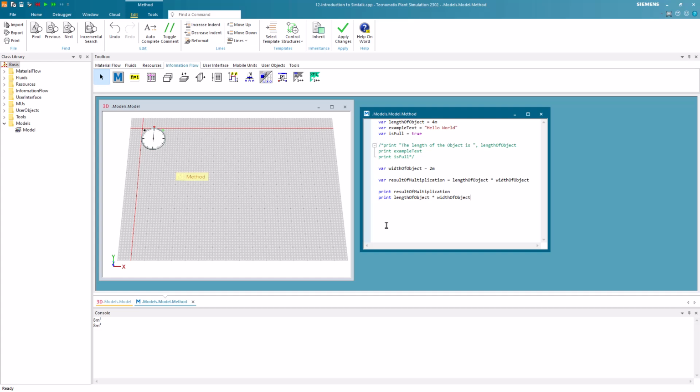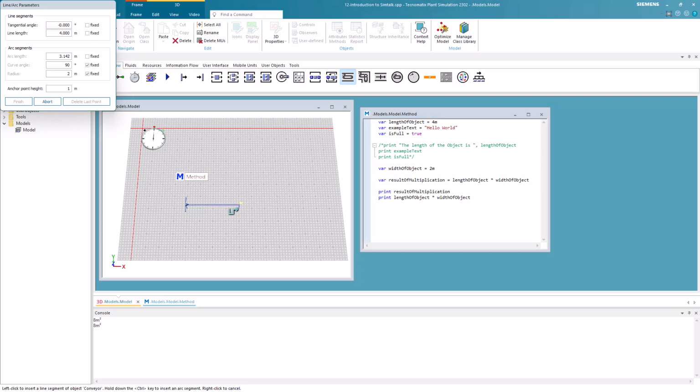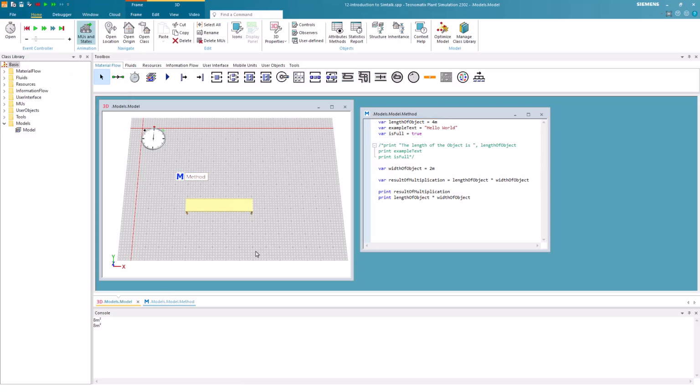Now we insert a conveyor into the frame. If you want to access the conveyor, to for instance query its length, you need the path of the conveyor. Objects can be either accessed through their relative or absolute path, which are pointing to them. The relative path starts in the frame in which the method object is located. Since the method object is located in the same frame as the conveyor, the relative path of the conveyor would be just the name of the conveyor.